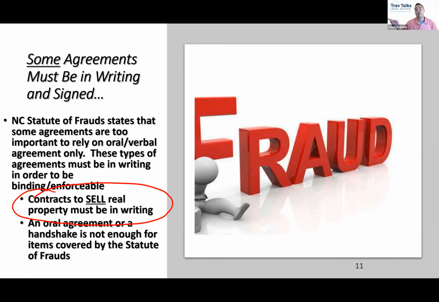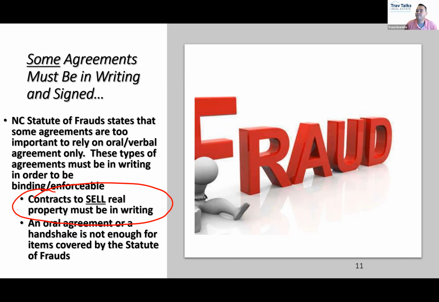Now, don't go too far in the other direction. Does in writing literally mean any form of writing? Yes. So here's one of my questions. What's better evidence of a real estate sales contract in North Carolina? Michelle's 32 angles of video or something scribbled on the back of a cocktail napkin that says, I agree to sell my 20 acres to you for $200,000, and Kayla signs it? The cocktail napkin. It's better evidence.